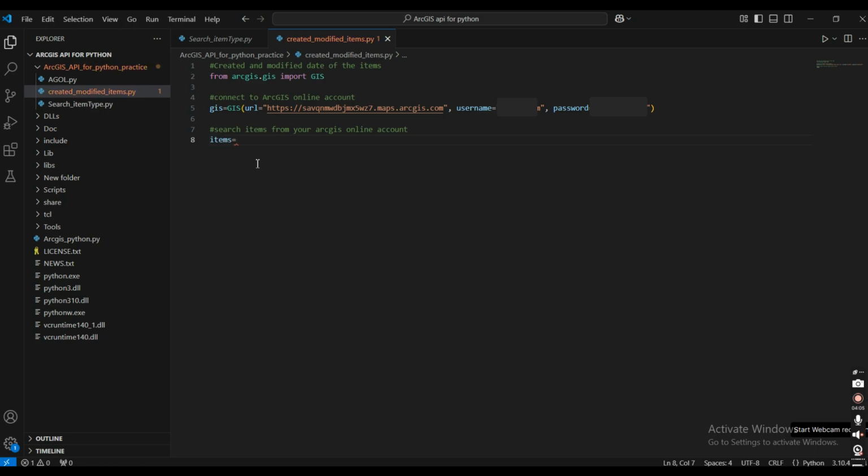Now search content. Items equal to gis.content.search query. Max item 100. For item in items,